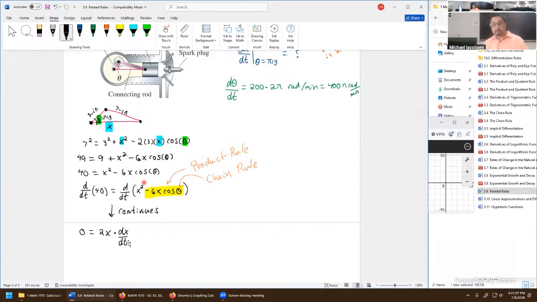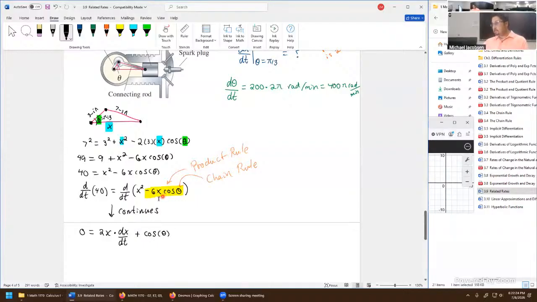So that's the chain rule in that portion right there. Then on this portion, we need to be really careful because we're using the product rule on this side as well. So let's carefully run through the product rule on this portion. In the product rule setup, we take the derivative of the first factor, copy the second factor. I'll put cosine first when I write it in. It's going to be plus